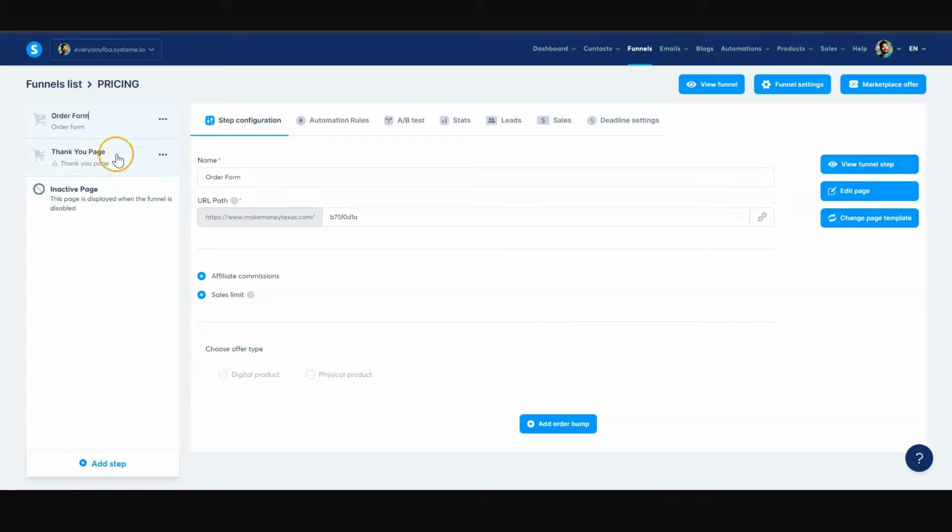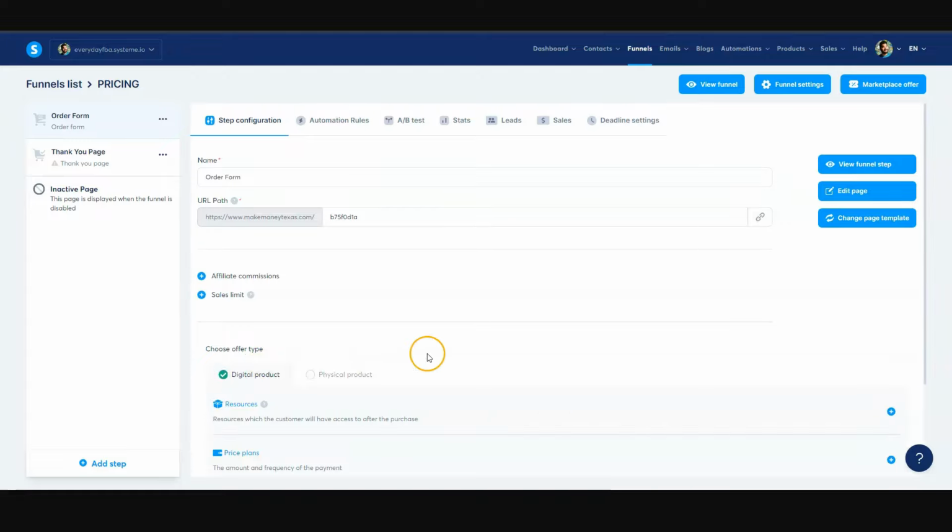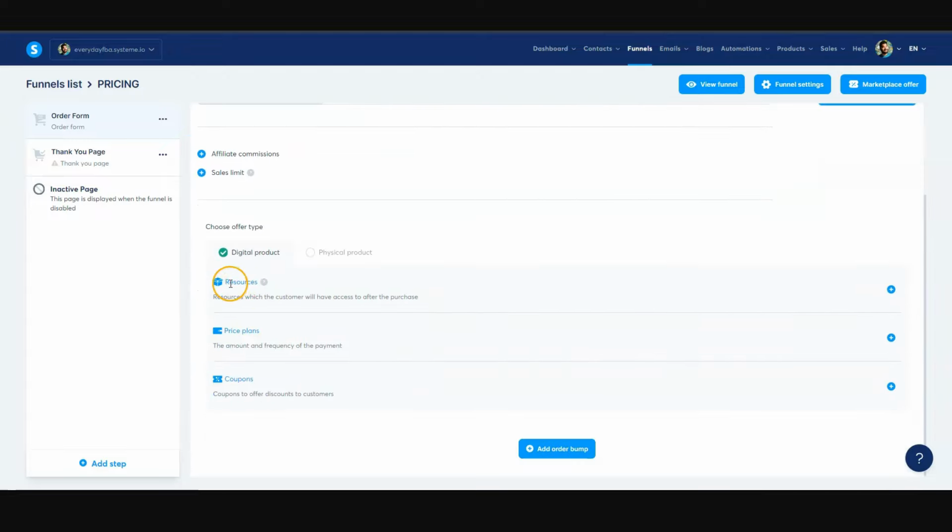So you need an order form page. Make sure that the order form page is what you're using in order to create these pricing plans, because you can't create a pricing plan on other pages. So order form is the page you need. Right down here, we're going to choose an offer type, and you do have the option to sell digital products or physical products. Me, I mainly stick to selling digital products, so I'm going to show you how to do that right now. We're going to select the digital product,